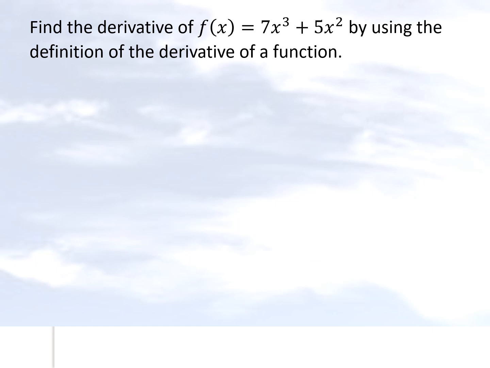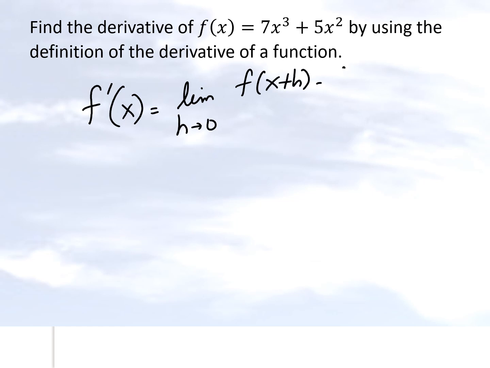So we know that from our definition, the derivative of the function is given by a limit as h approaching 0, f of x plus h minus f of x, divided by h. Some people might use delta x for h. It's the same thing, so there should be no confusion here. I'm using h just to keep it simpler.